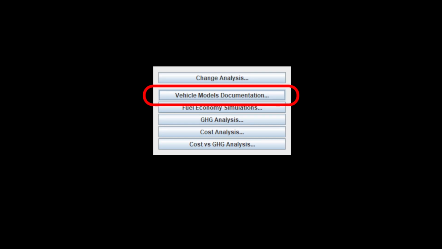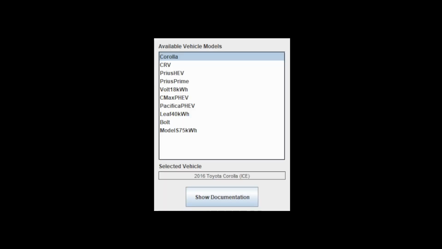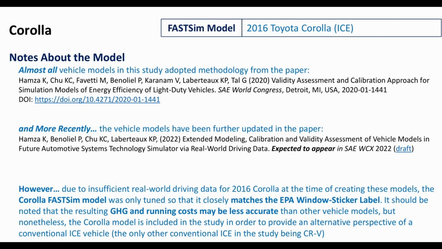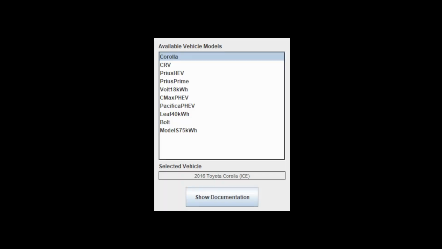Let's click the second button, labeled Vehicle Models Documentation. This shows the list of vehicles included in this default study. More details on each vehicle can be found by clicking the vehicle and then showing documentation. But let's move on for now, which we do by exiting this window, and that returns us to our original